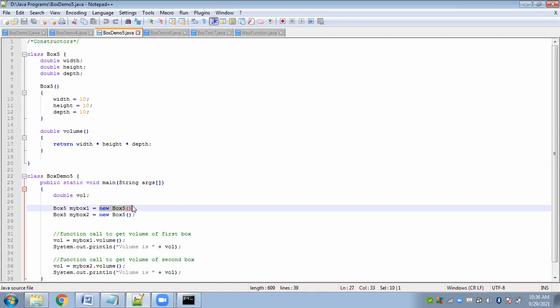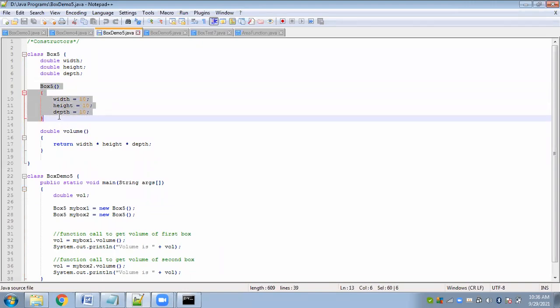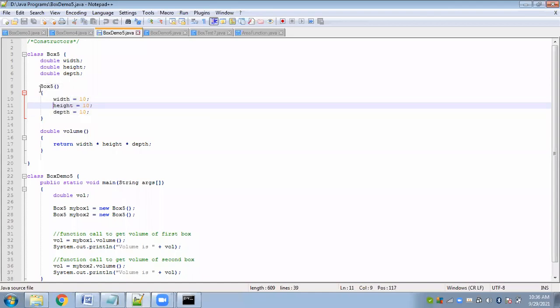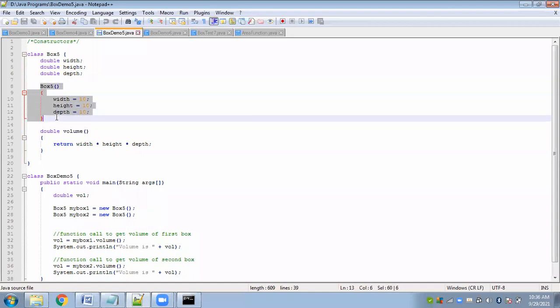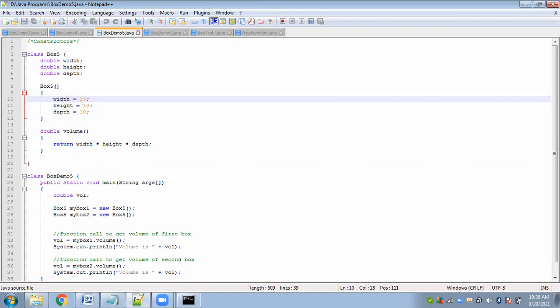But here we are explicitly writing a default constructor, where we would not want the objects to have random values. Instead, we would want them to have some fixed values like 10, 10, 10 in our example.